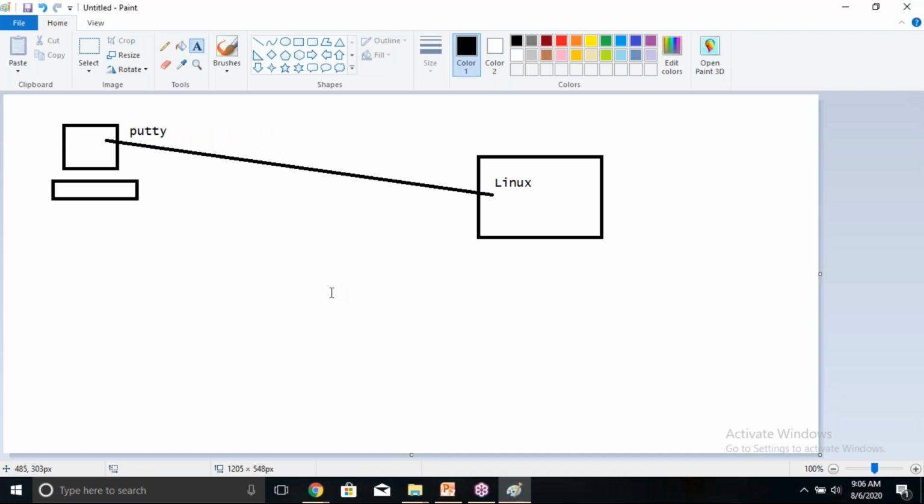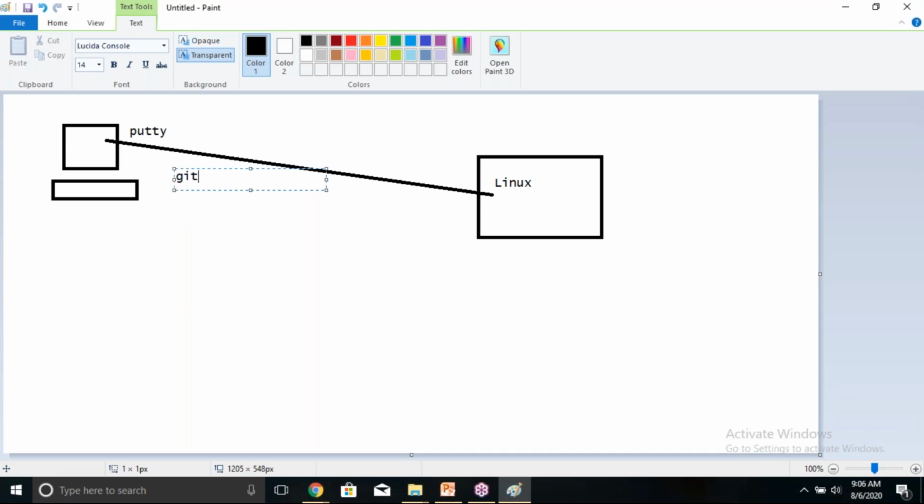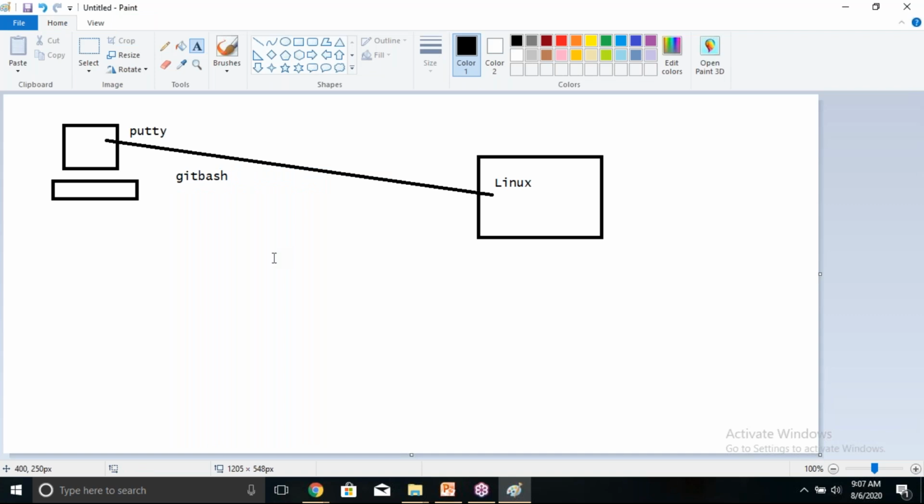In this session, I also want to quickly repeat how to create a Linux machine again. And the new thing we are learning is that, instead of Putty, we will be connecting to the Linux machine using a terminal called Git Bash. Someone asked me in the last session whether there is any other terminal instead of Putty. So I'm showing you one more terminal called Git Bash. We'll also learn how to connect to that same Linux machine using Git Bash. Git Bash is an easier way to connect to the Linux machine. Okay, so let's quickly go ahead and create a new Linux machine.